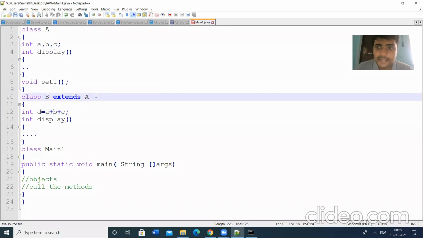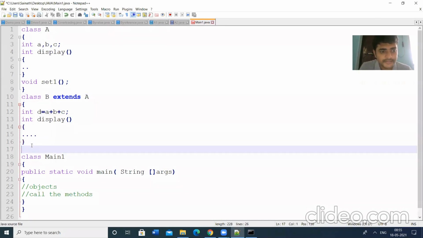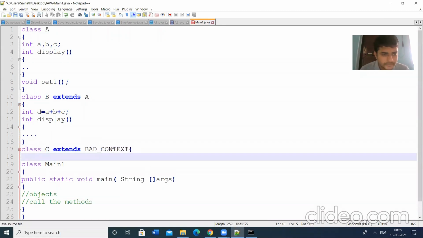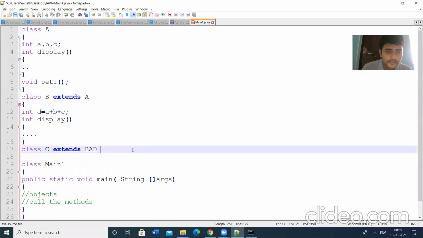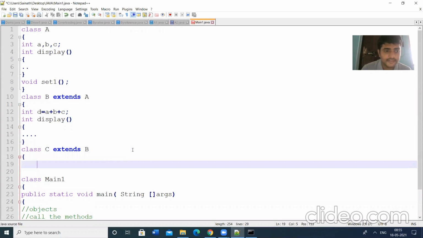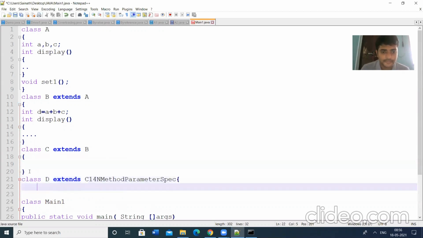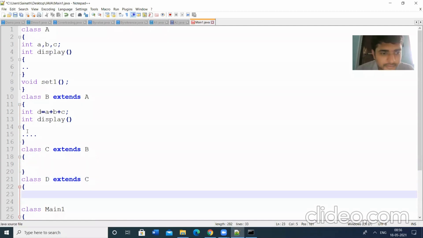Then we can have multi-level inheritance. Multi-level inheritance means class B extends class A. Then we have another class C, and class C extends class B. Then I am defining another class D, and class D extends class C. So this is multi-level inheritance.